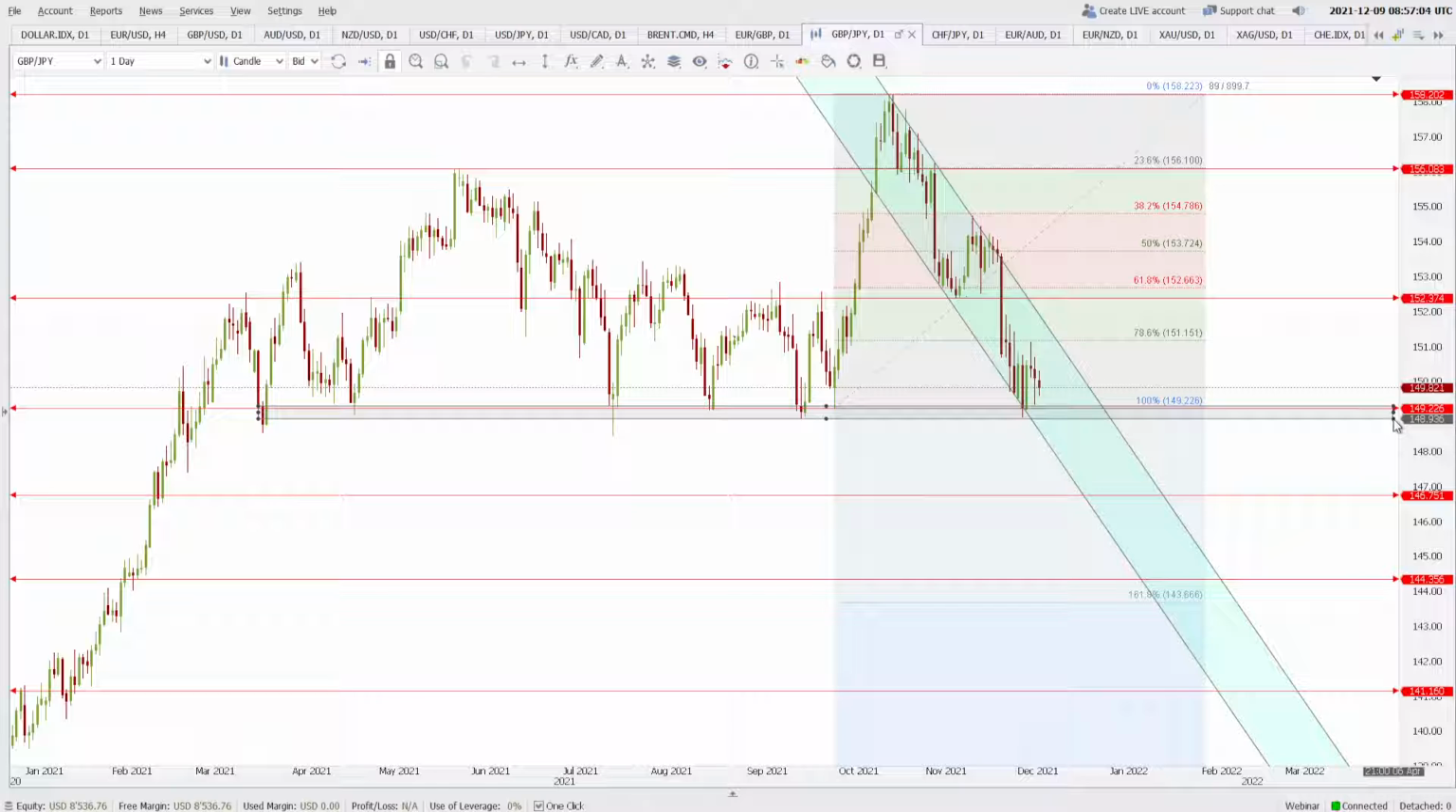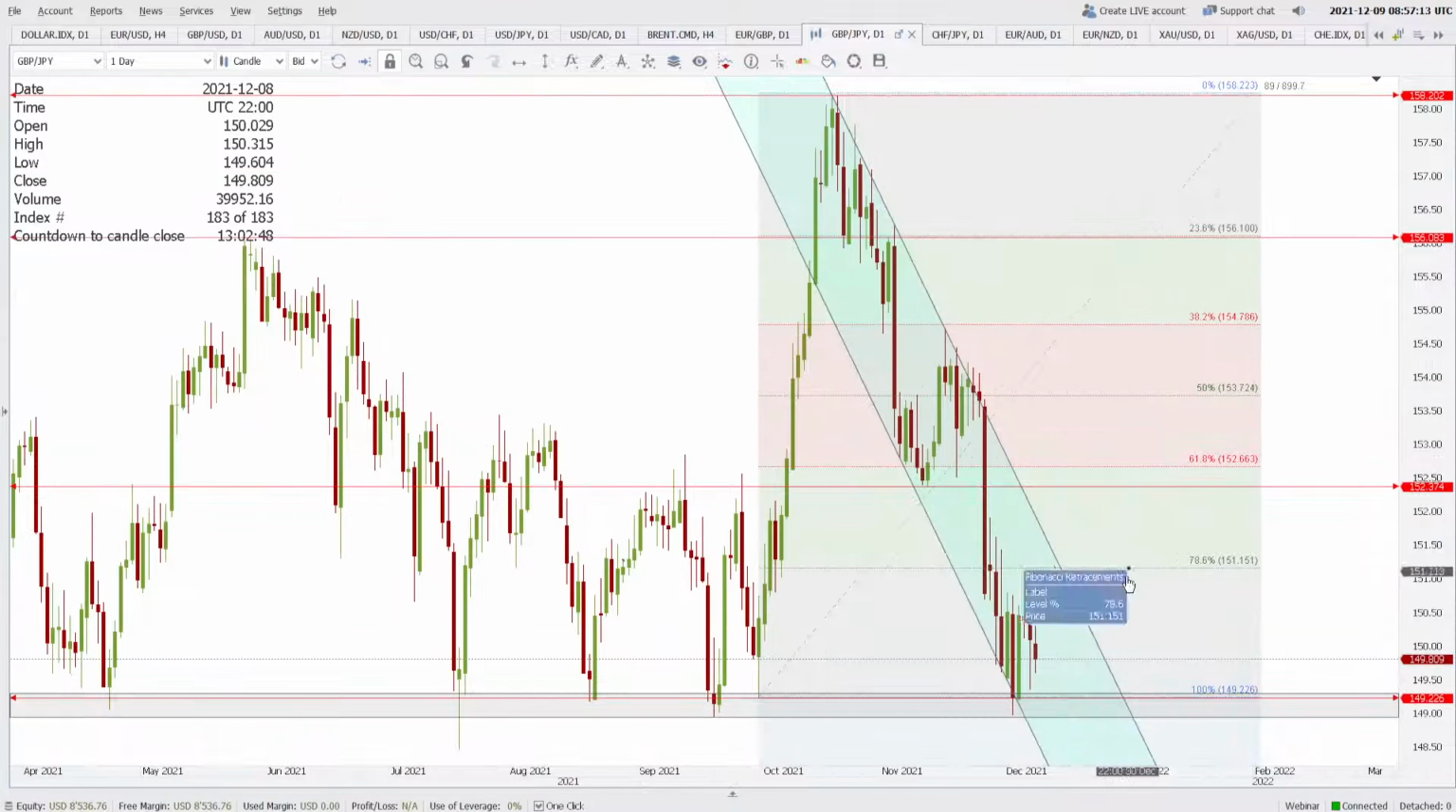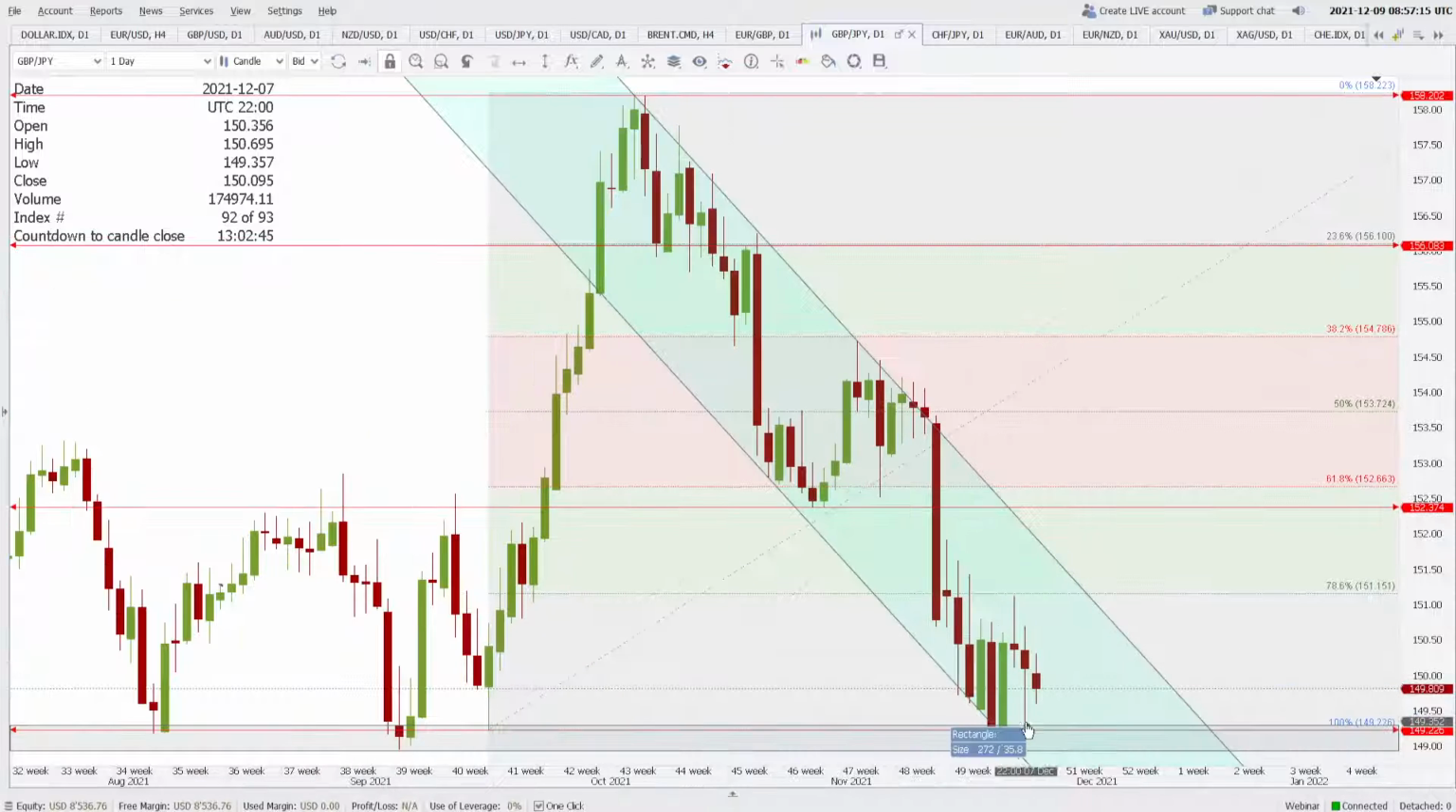There are a lot of buy orders waiting at around these levels. But you see, the pound is finding it very difficult to rise, because the first time the price came to this region, it was instantly sent to the level of the high of this candle,